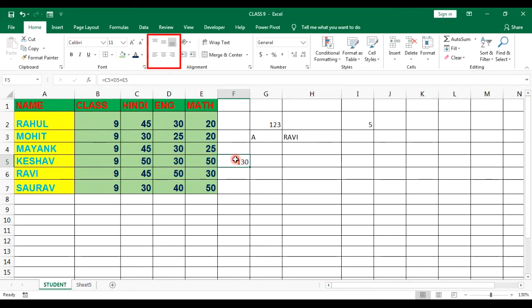I already taught you that whatever the cell content is, it is displayed in the formula bar. So you can see here the formula is displayed. This is your cell value, and the cell data is displayed in the formula bar, but here you have entered a formula, so the formula will be displayed.